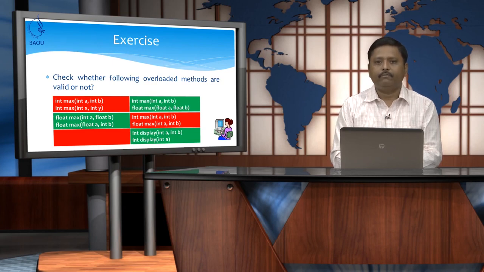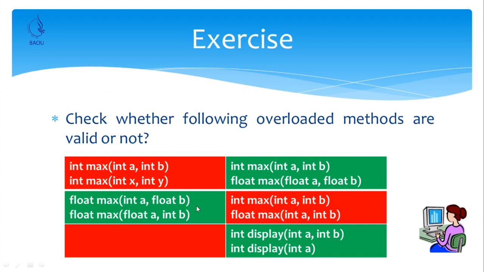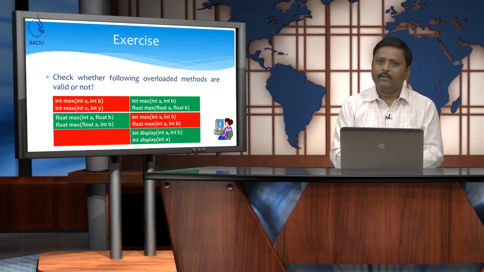The third definition we look at is here we have one parameter of type integer and another parameter of type float, and in the second case we have one float parameter in first position and an integer parameter in second position. Still, the compiler can distinguish between these two, because the number of arguments is the same, their types are the same, but the sequence is different. So, the compiler can easily determine which method to call based on the arguments provided. So, this is also a valid definition.